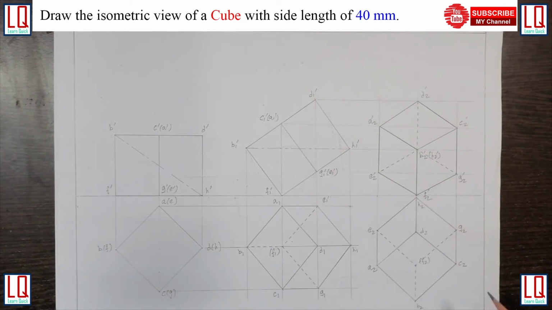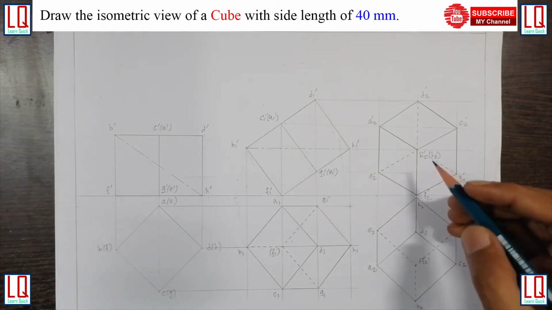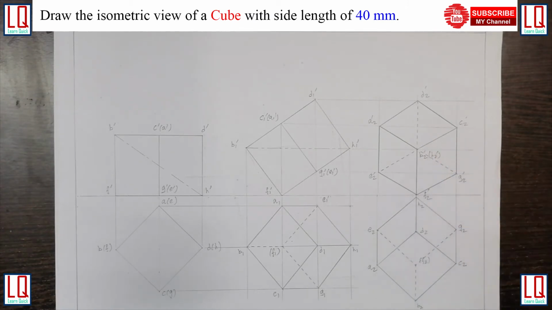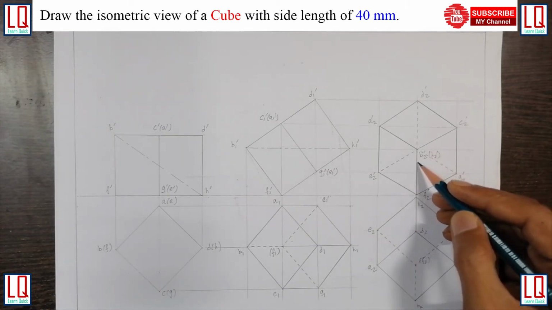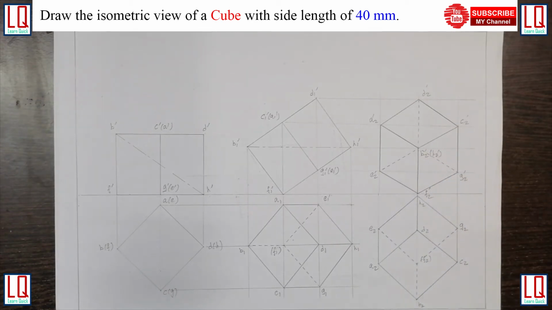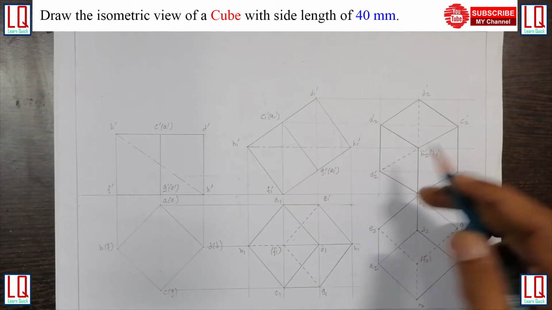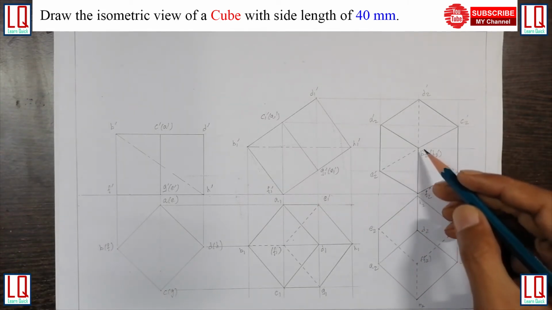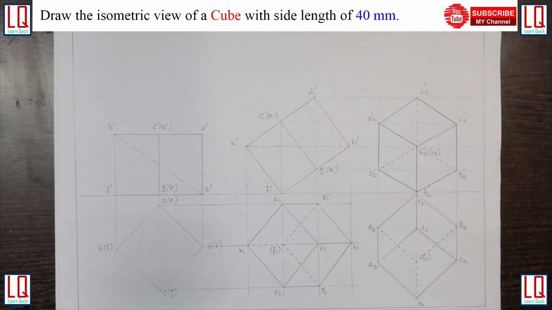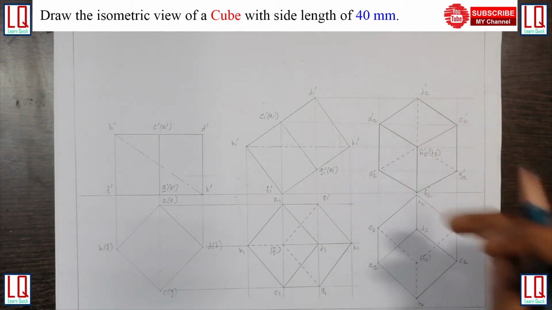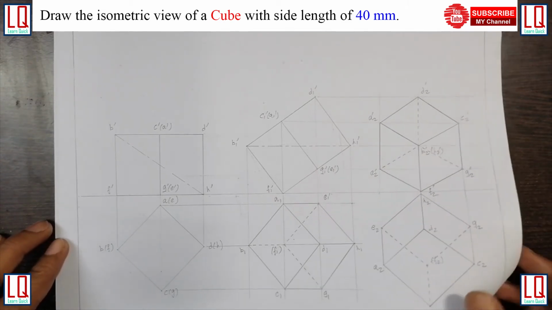But when I go for isometric projection, when I try to construct the cube in isometric projection, I have to take an angle of 120 degrees. If I measure now, this will be 120 degrees. I have given an equal amount of weightage to all the 3 sides, so all the 3 sides are equally visible. That is why the angle is also distributed equally. We will look more into this angle between the isometric axes.